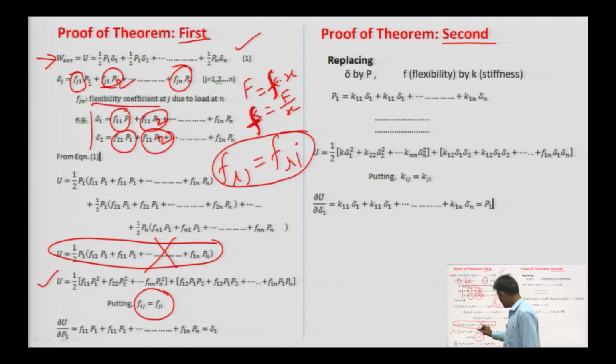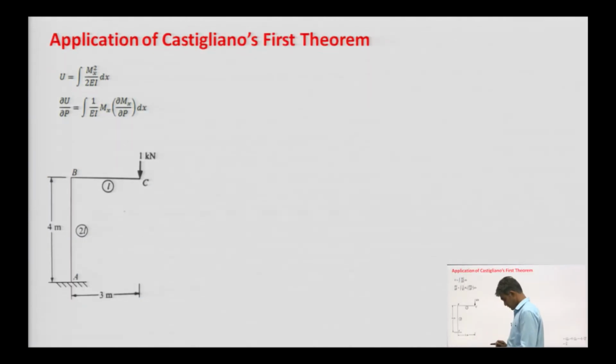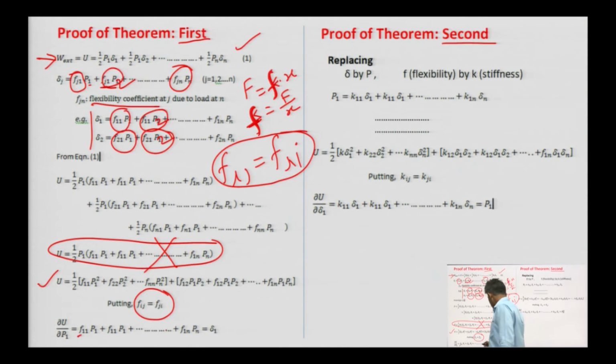If we apply these two, we get the strain energy in this equation, and if we differentiate this strain energy with respect to P 1, we will get this expression, and this expression is nothing but